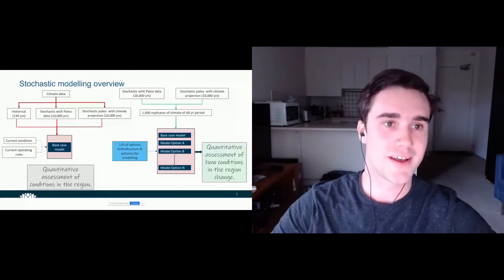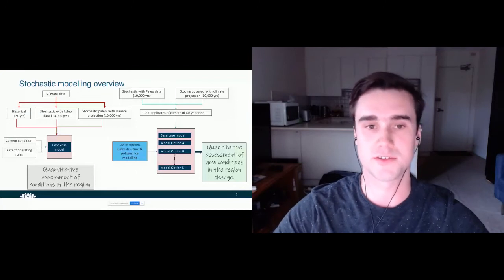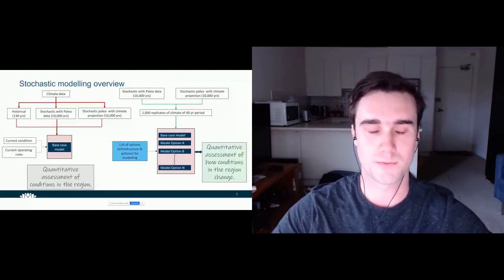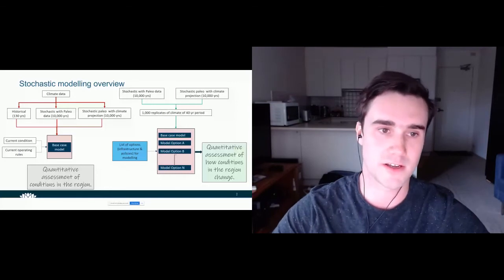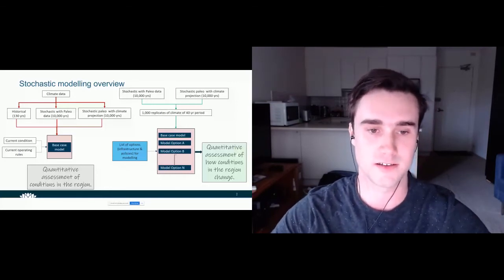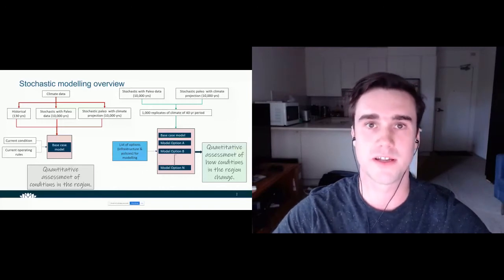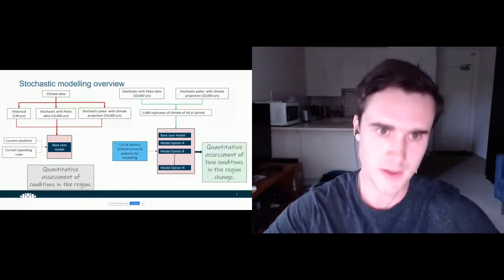But in short, what we have are these existing river system models that were calibrated to the observed data. And now we've taken this and put stochastically generated climate data with these. So what this does is it gives us, in theory, equally likely climate simulated for over 10,000 years, which we can then put through the model and estimate what the effects of that varying climate has on the river